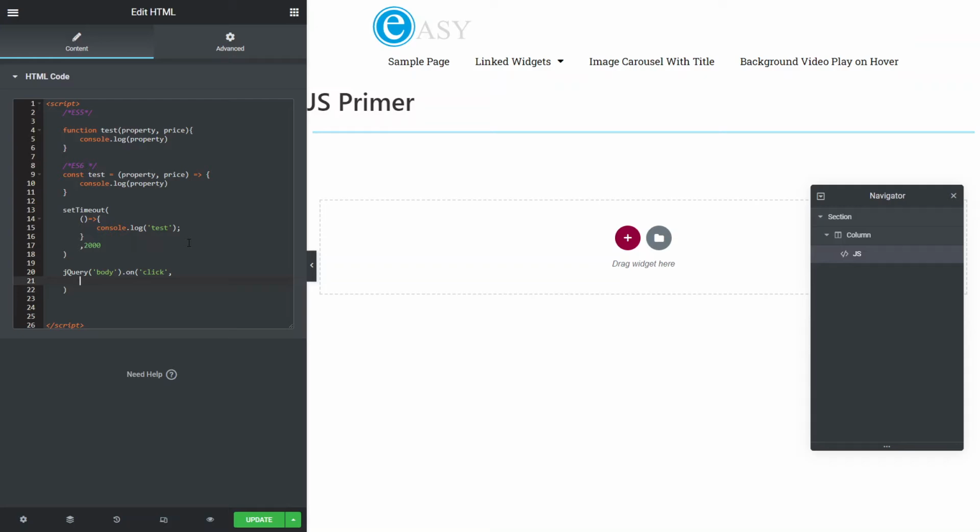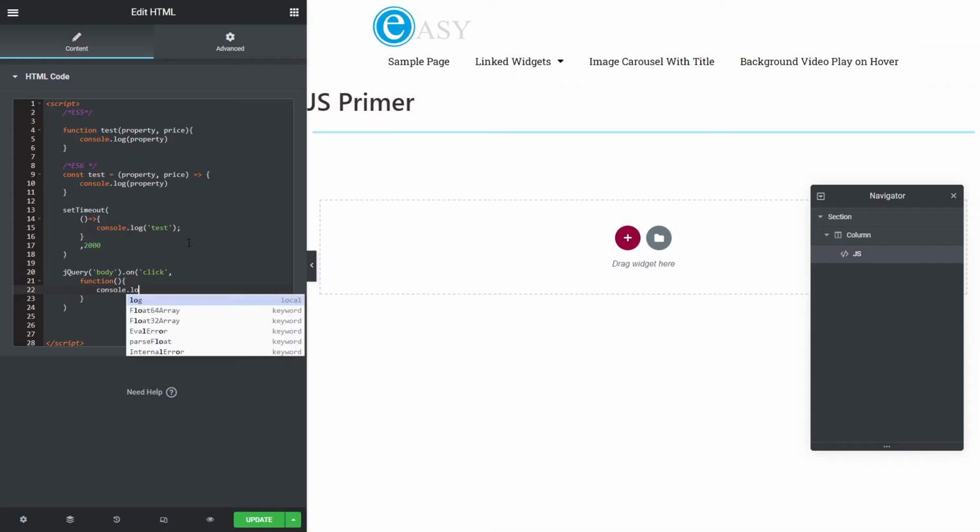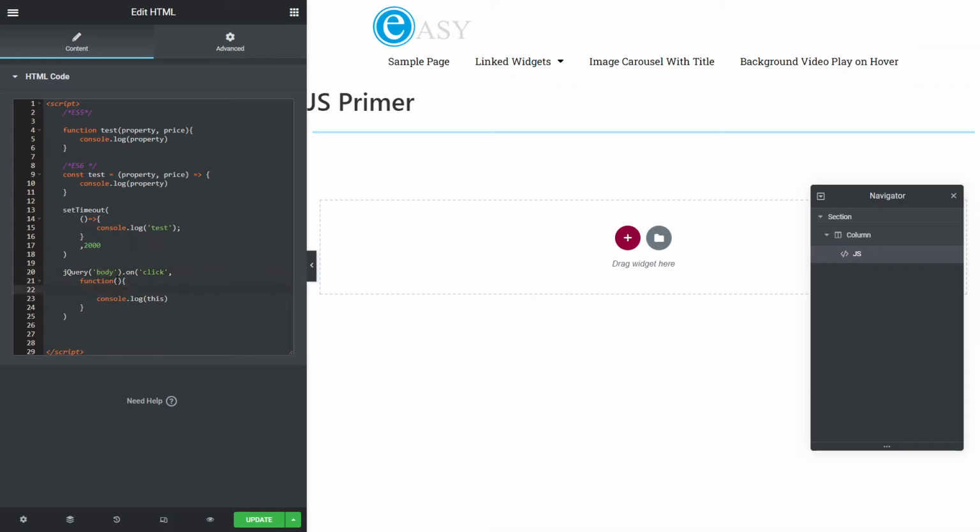We create a function and do something. Actually, I'll console log this. So now this is a callback on a jQuery event. What that will do is this keyword will refer to the element that was clicked. So this context would be the body. So inside this function block, this refers to the element that was clicked that generated